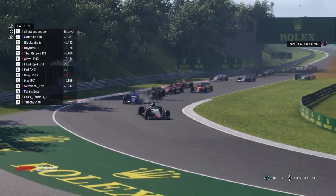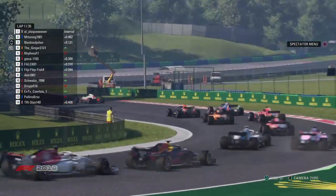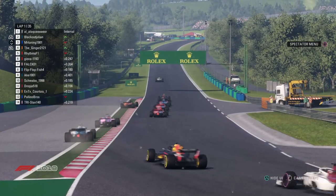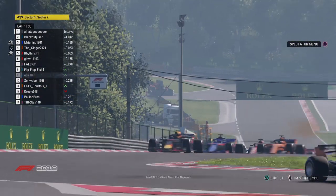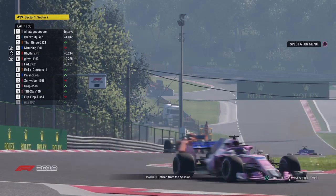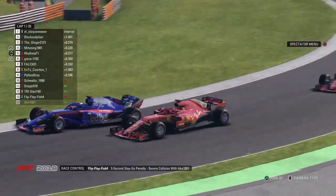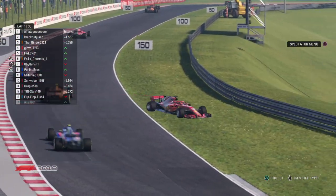And as it seems like, oh, there's been some sort of mess in the back of the grid. What could have happened over there, as we have Mr. Tuning and the Ginger battling side by side through the straight, and there's a Williams, and there's huge contact with AK retiring from the session. What has happened there? And there's a 5-second stop and go penalty from Flip Flop Fish, and it's Rhythms who